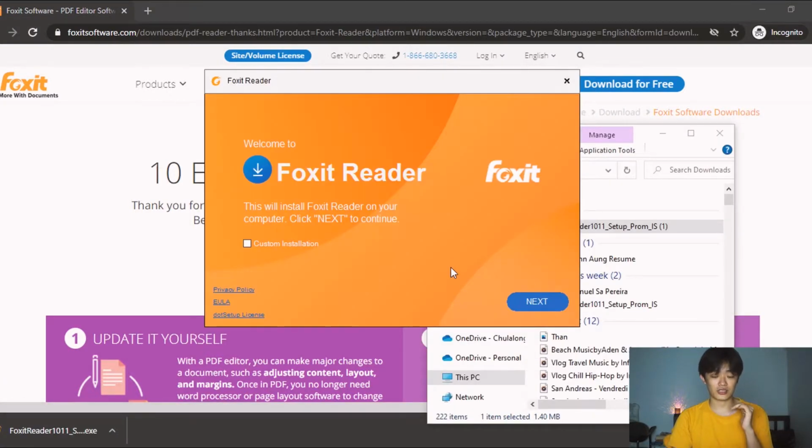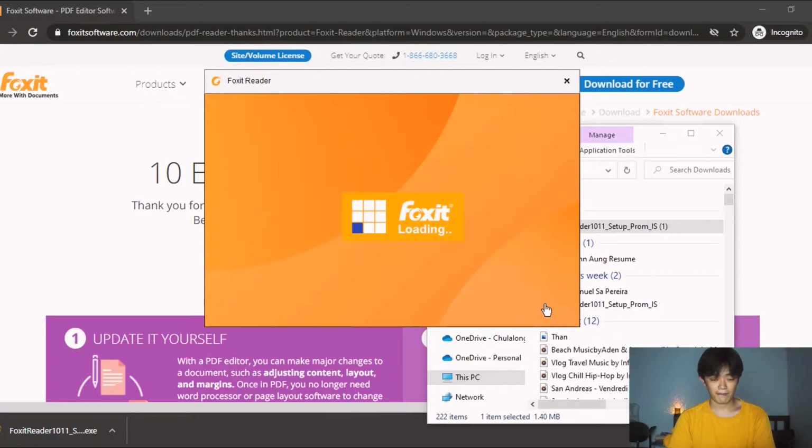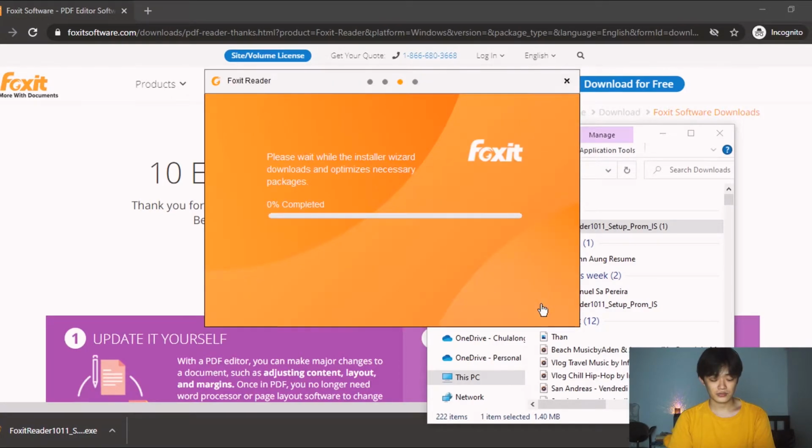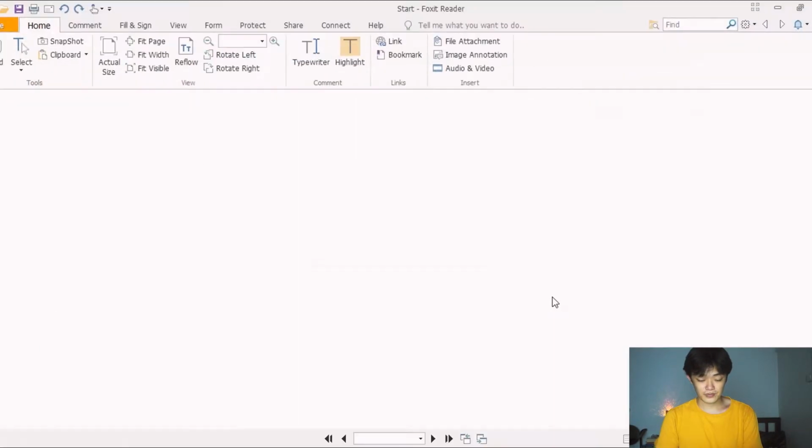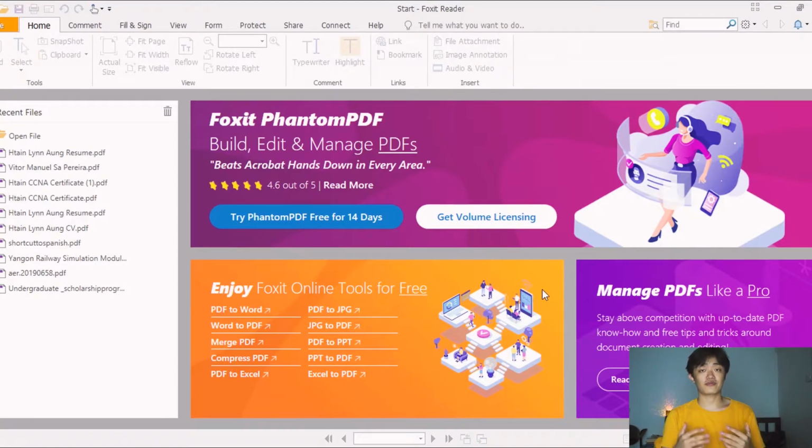Okay, if you finish downloading, you can start installing the Foxit Reader. You will see after you run the setup, custom installation or just normal. We will press next, and then agree. Let's wait for this to complete. After you finish installation, you will see this page, and then you can simply finish, and then it will launch the Foxit Reader. So in my case, I already installed and I already use it a lot, so you can see